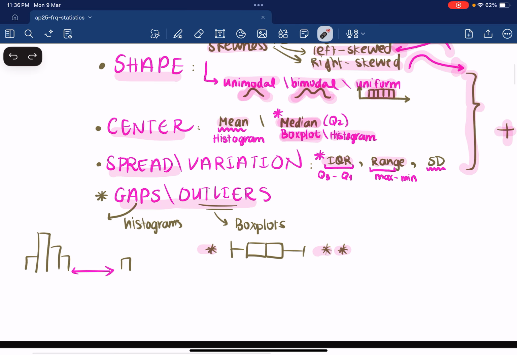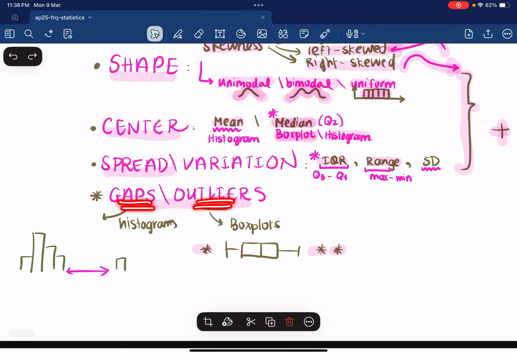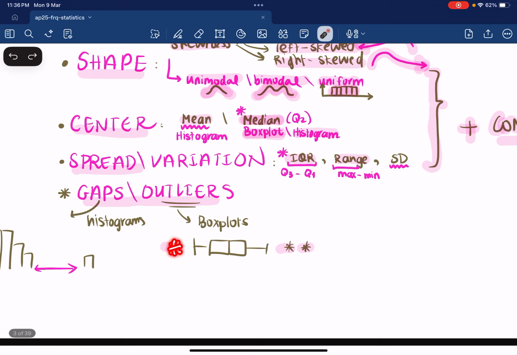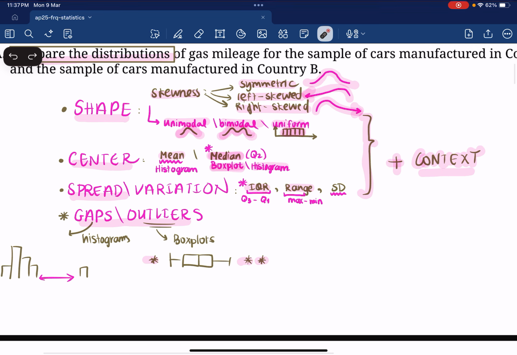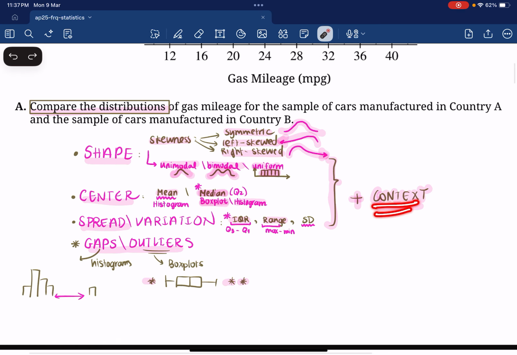Okay, so for now, let's talk about gaps and outliers. For gaps, usually if we're given a histogram, it's easy to identify a gap. In a distribution, we can easily identify a gap, whereas in a box plot, it's easy to identify outliers. Either by calculation or they draw them for you as stars or dots outside the box plot. So, of course, all these must be compared in context of the question. So now that